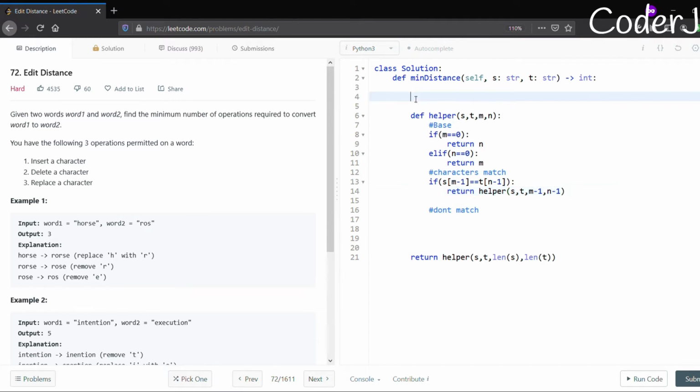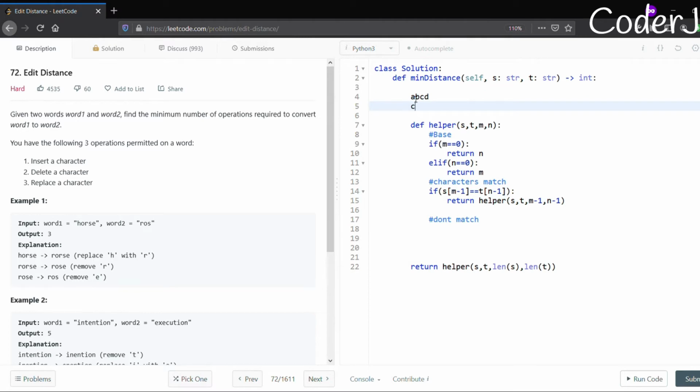Let's take a look at this. Maybe a b c d, and this was c d. D and D matched, right? D and D match, so I don't need to do anything for them. I'll say okay, you are pointing to D, and my n was pointing here. Now you can just go one step backward, because here I don't need any sort of operation. So this is what will happen if my character matches.